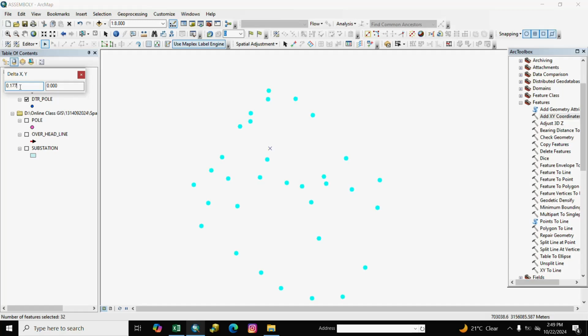0.177 and 0.177. If here is 0.177 it means 0.25 meter is point shifted.